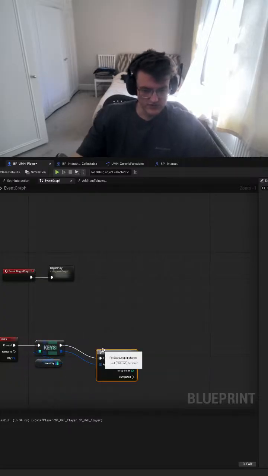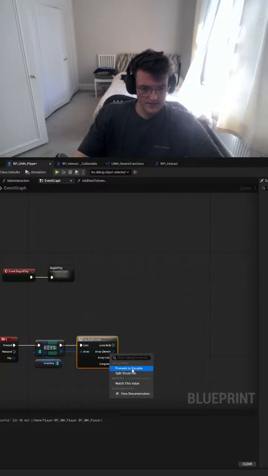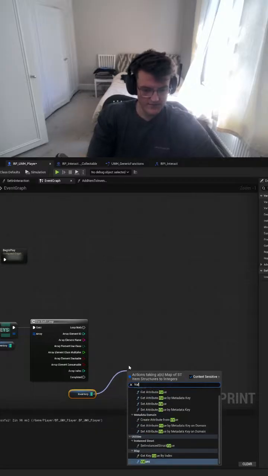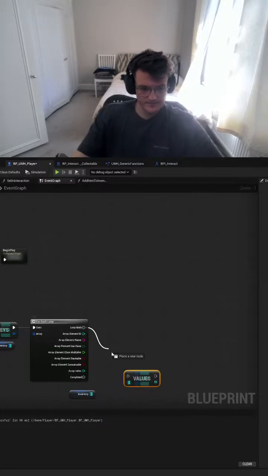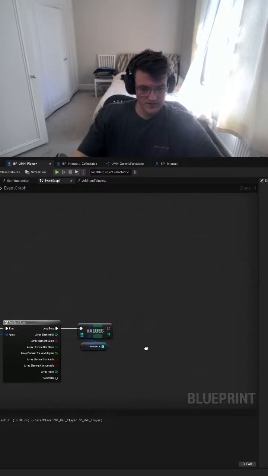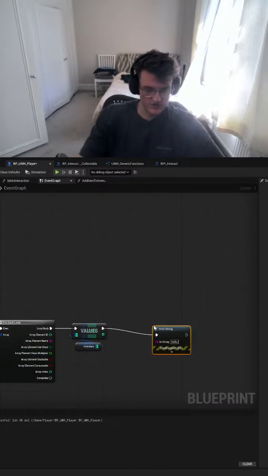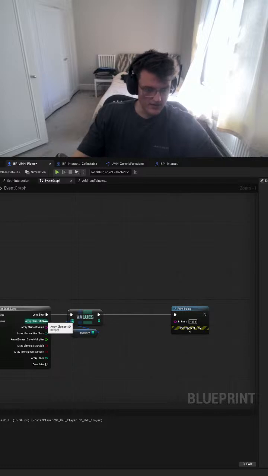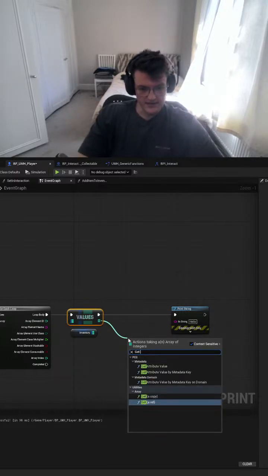For each loop. Split struct pin. Values. And then we'll do a print string. Array index. Get a copy